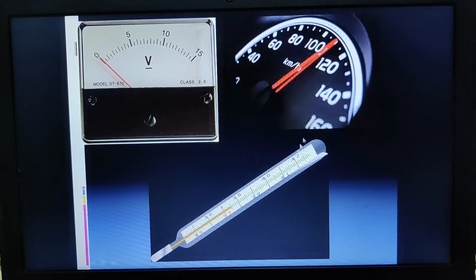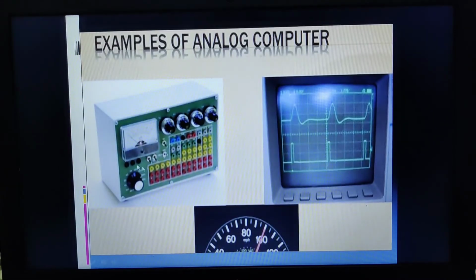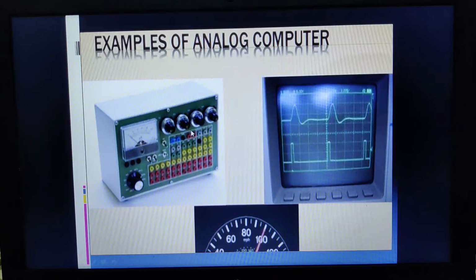And then this analog information is mechanical, and hence it has limited accuracy. Mechanical in the sense they are machine dependent. Take a voltmeter, a device which measures your voltage. This physical quantity is completely dependent upon the machine. If the machine is working fine, then you will get the exact accuracy. If the machine is not proper, then you may get approximate results. So since the information is mechanical, it has limited accuracy.